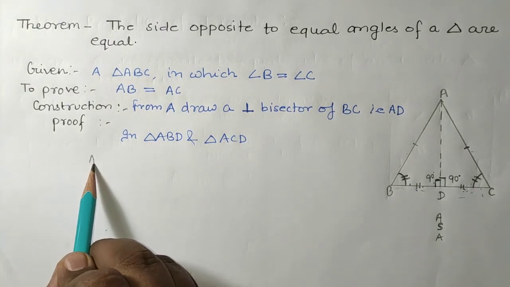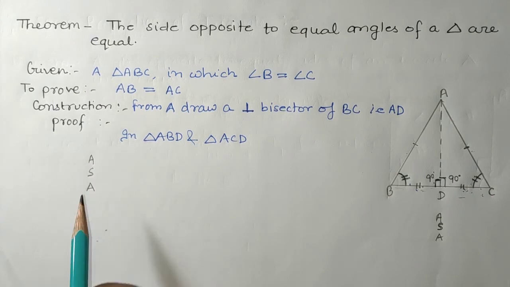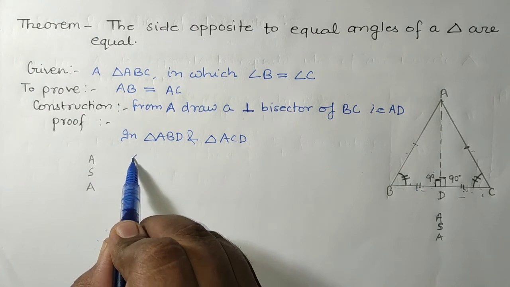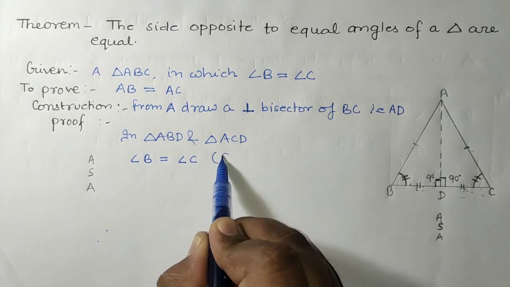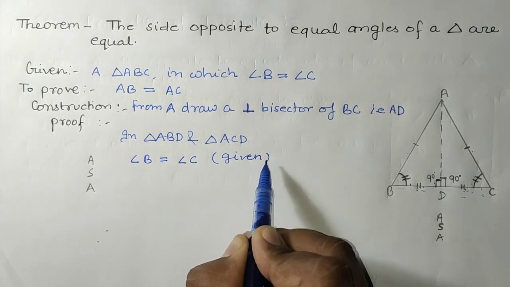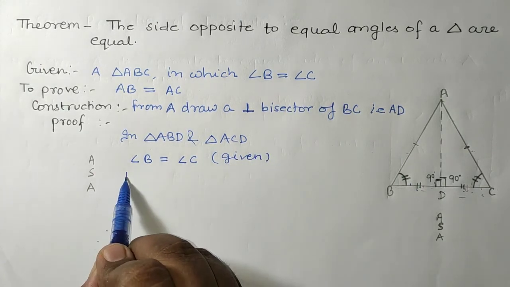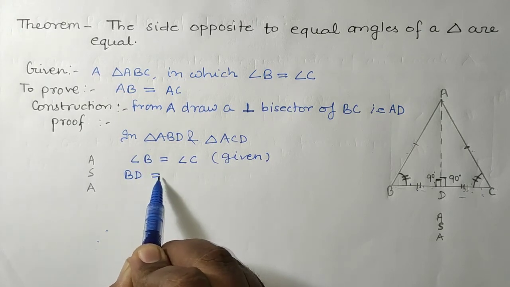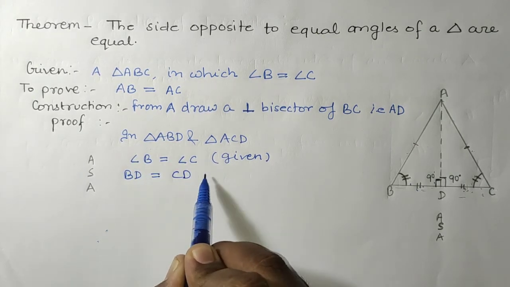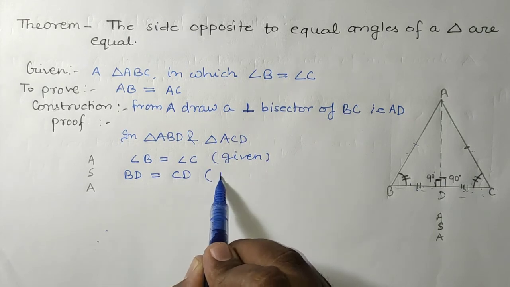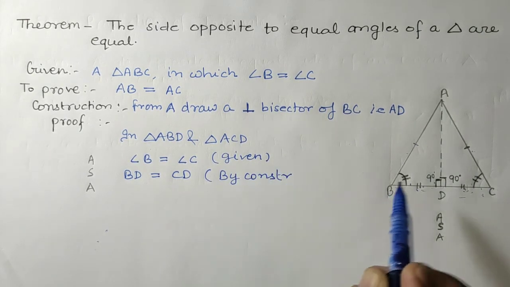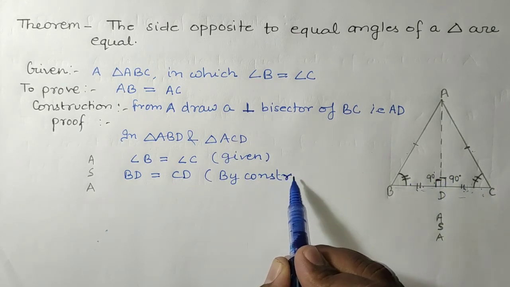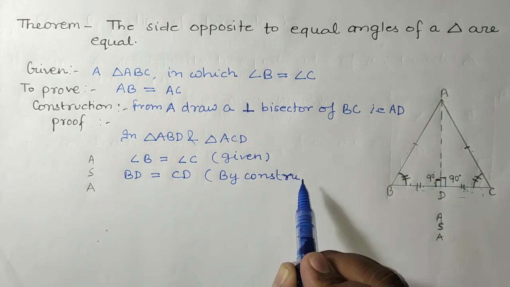Okay, so how are we going to prove it? Angle side angle. Students, now see, firstly we'll write the angle. Angle B is equal to angle C. It was given. Side BD is equal to side CD. How is it? By construction we have constructed the side AD such that it is the bisector of BC,